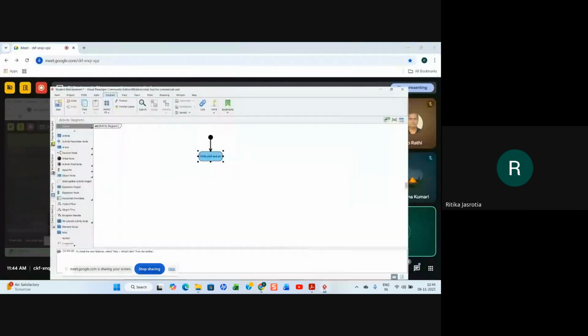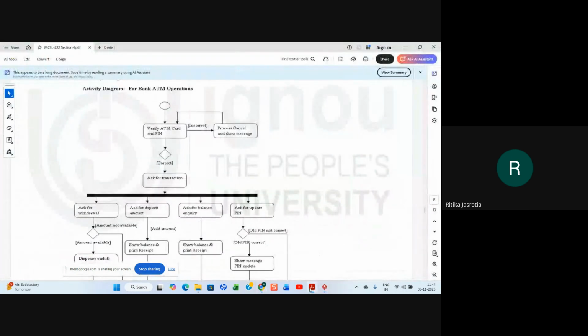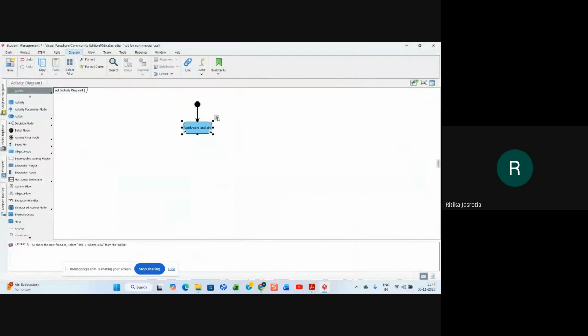And then after verifying the card and pin there is a condition, I think. Sorry. Then after that we will put a condition. So this is a decision node. In a decision node, again you can give a name to the decision node, verify. So verify is the decision node.